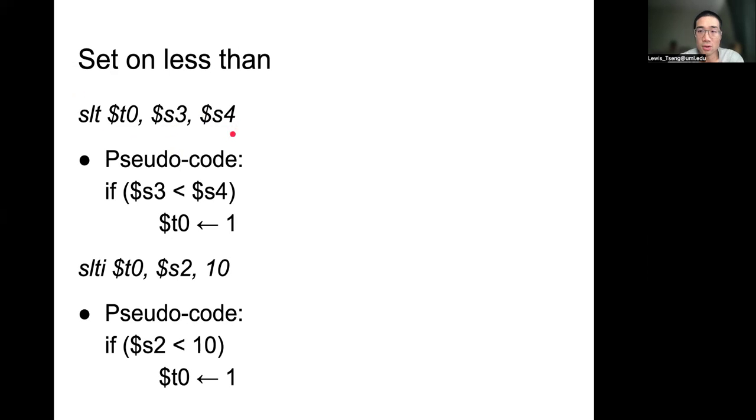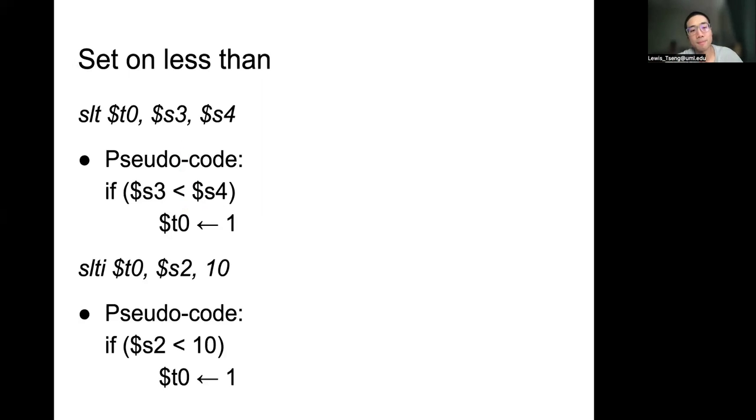The meaning of this instruction is that I'm going to compare the value inside S3 and S4. I'm going to turn on the value of T0 if the value inside S3 is strictly less than the value inside S4. Okay? And as you can imagine, this is very useful when we want to check and compare